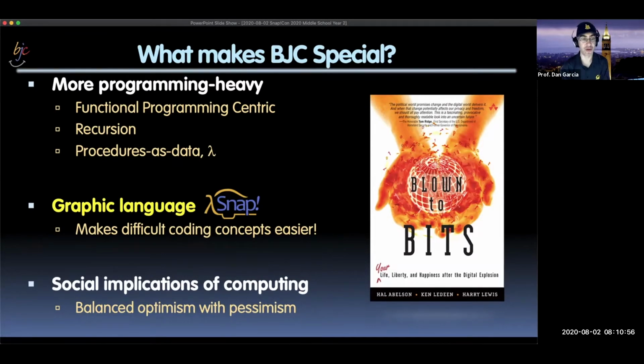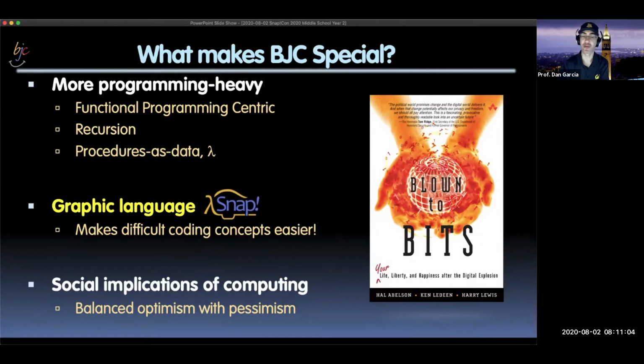I don't think any other of the 12 have a functional programming paradigm as the central core of the way they're thinking about computing. We certainly have an imperative sequential approach where we're drawing a lot of pictures and spirals, but we're unique in that we were kind of functional-programming-centric. Okay.